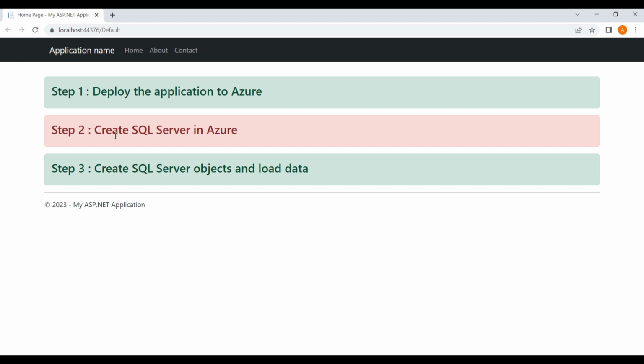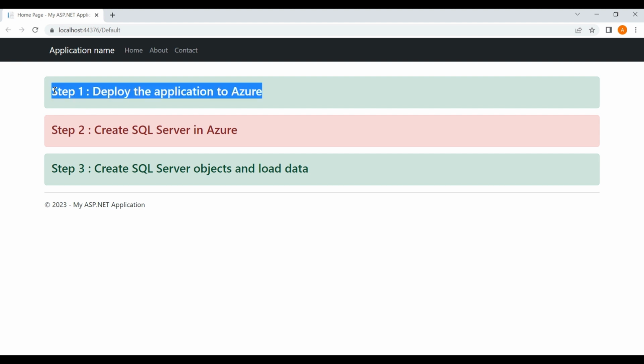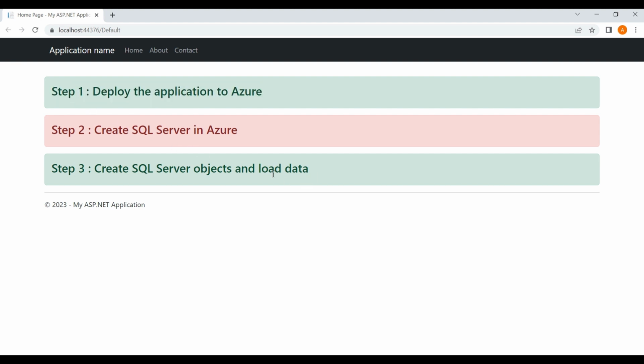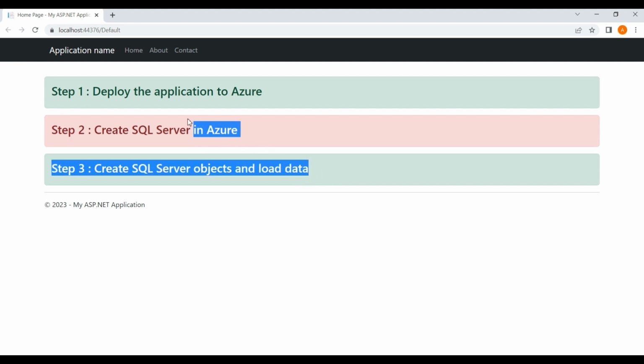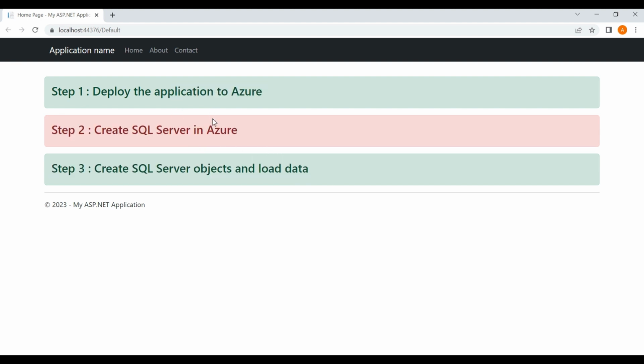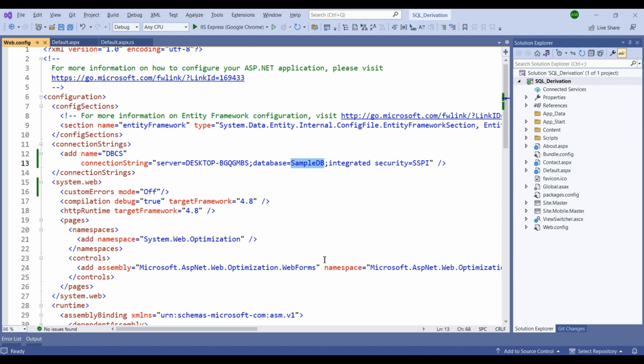Here is the web application that we need to deploy to Microsoft Azure. Right now, the text that you see on this screen is coming from the database, and we need to deploy this to Microsoft Azure. Here is the project source code in Visual Studio, and right now we are looking at the web.config file. Here, the two important things that we need to keep in mind are the connection string property and the custom errors